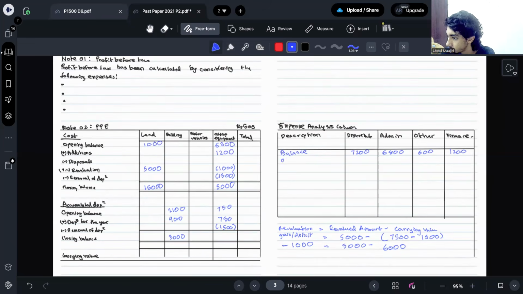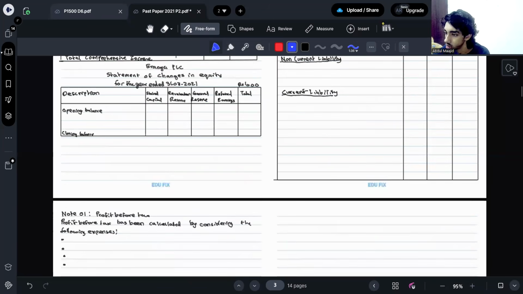Office equipment deficit. How much is that? 1,000. Okay. Then next,